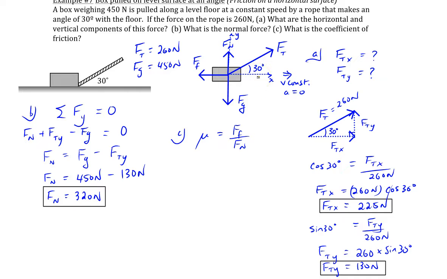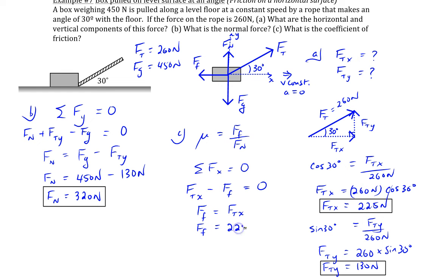So where is that going to come from? We have to apply Newton's first law along the x-axis. So the sum of the forces along the x-axis, it's not accelerating again. Why? Because it's moving at a constant speed and in a straight line. It's constant velocity. So the sum of the forces is equal to 0. So what's balancing out horizontally now? It's the tension in the x direction that is counterbalanced by the friction. So we have the tension in the x direction minus the force of friction, and these both add up to give you 0. So the force of friction is equal to the x component of that tension that we determined earlier,